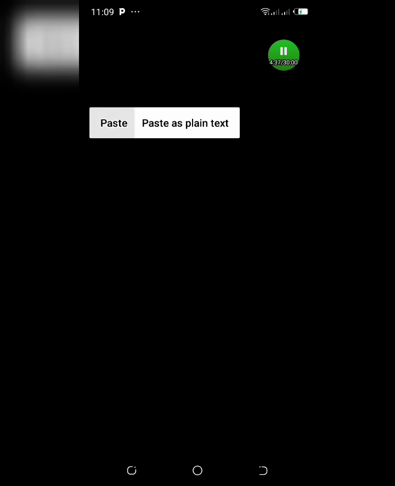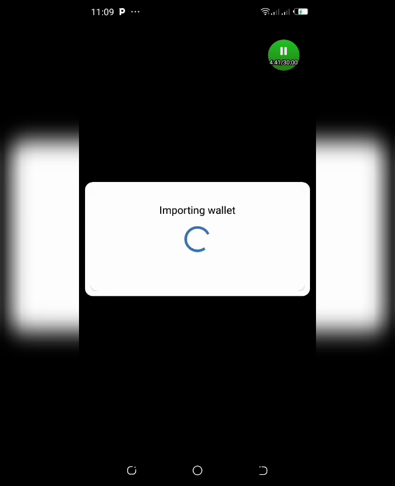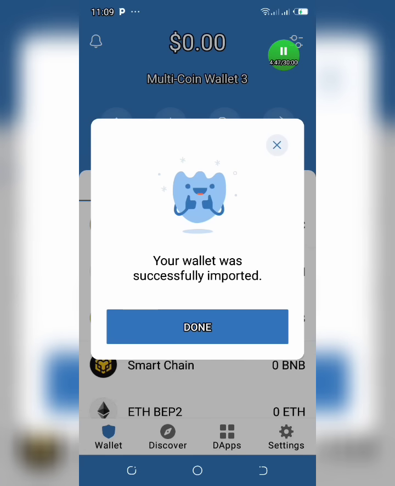When you copy this phrase from my website, all you need to do is go back to the TrustWallet, which they are not allowing me to record a video about. You can see the place is always blank. So all you need to do is paste the phrase where there will be a place for you to paste. When you paste it, you click on import. When you click on import, you see that your wallet is successfully imported.